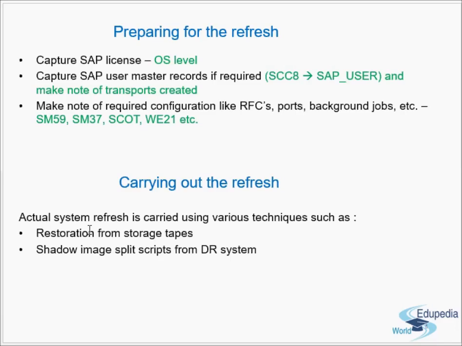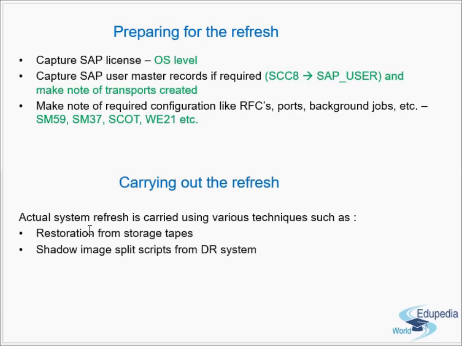Later, in post processing, you have to import back those transports, because when you copy the entire production data into the mirror systems, even the users are copied. But you don't want all the production users to be active in the non-production system. So you have to export the users required in the non-production systems, the user master records, first. You export them using SCC8. SAP_USERS is the profile, and 3 transports are created,